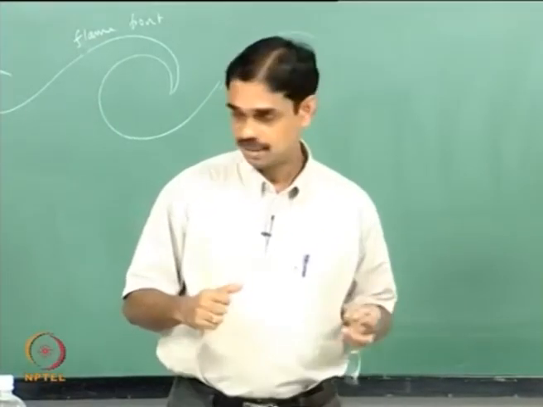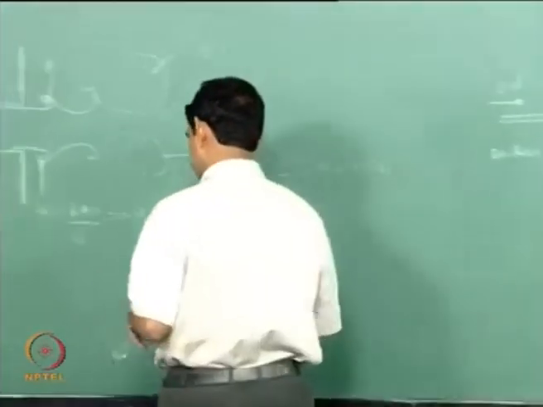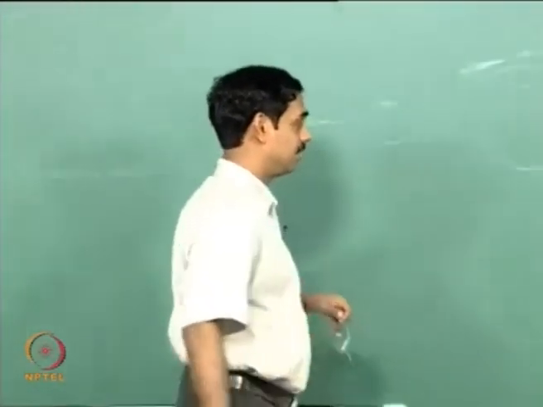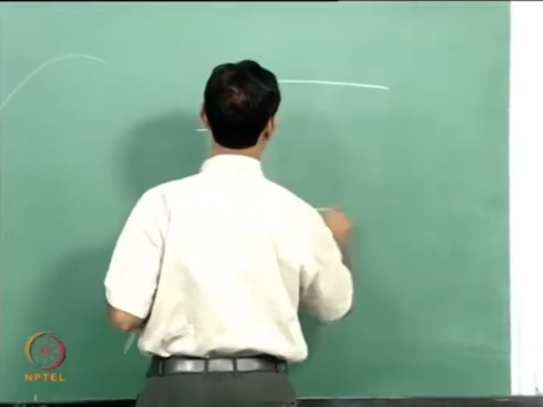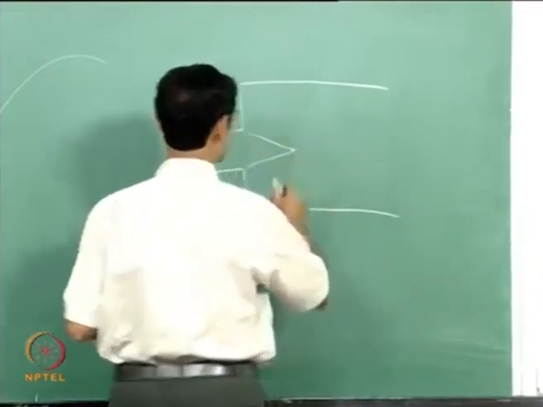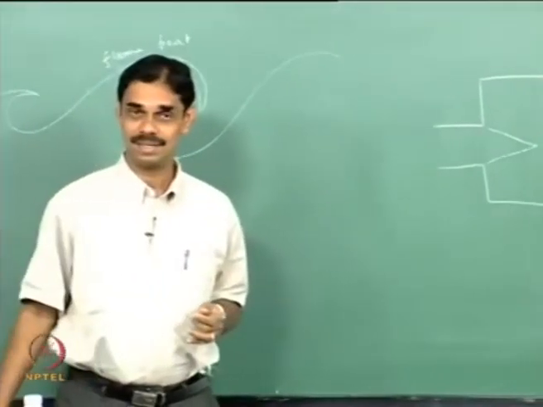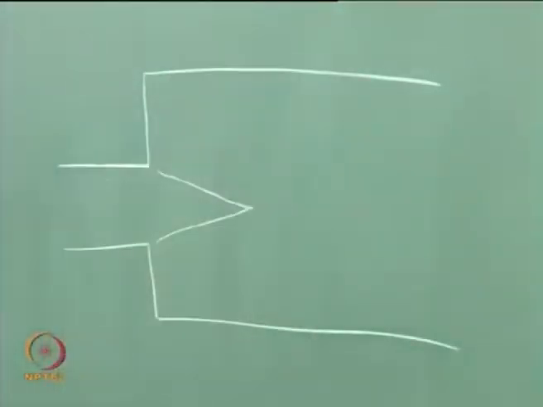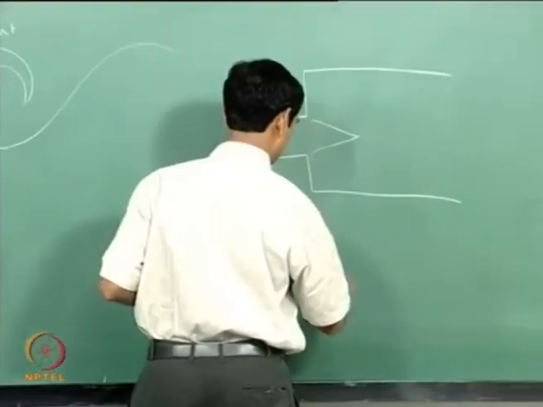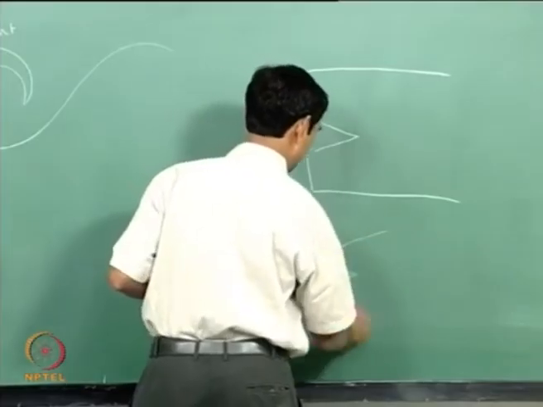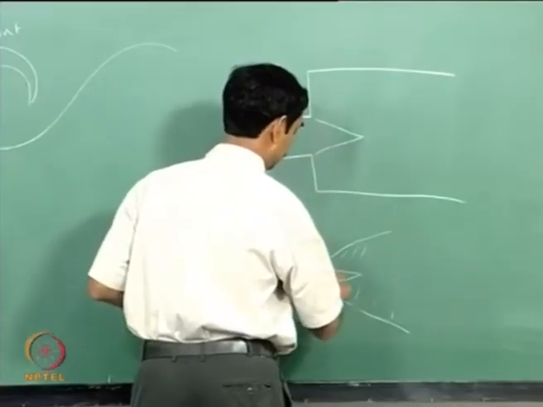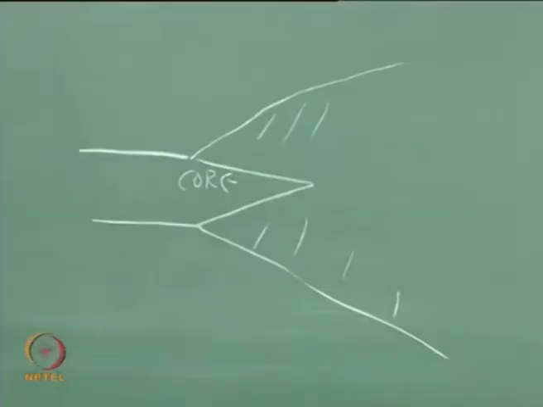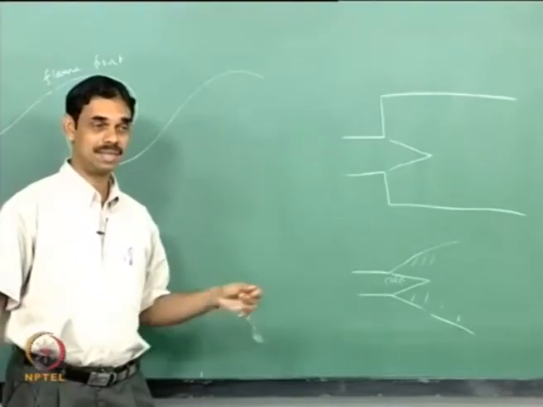We are often tempted to think, particularly because of the pictures drawn in undergraduate textbooks, that there is a flame like this, and when you have a jet, that the jet has a core and there is an entrainment region and a mixing region. I mean, yes, in an average sense this may be true,